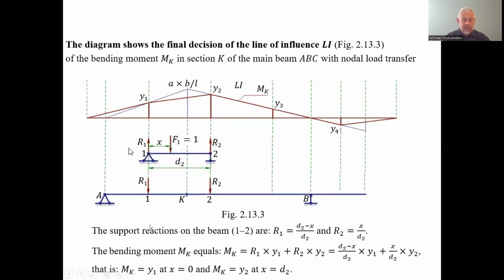If we assume that on the main beam act two forces, R1 and R2, on behalf of the auxiliary beam, on behalf of the panel, and the influence of the force R1 on the bending moment in the point K, we can find, assuming that R1